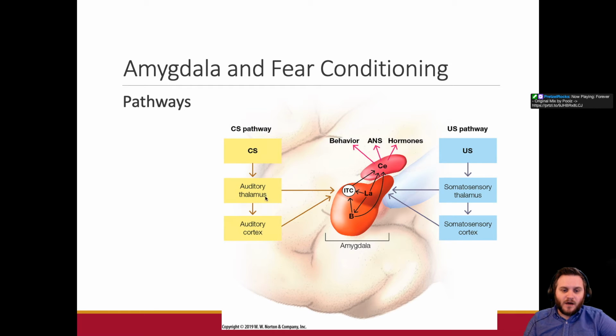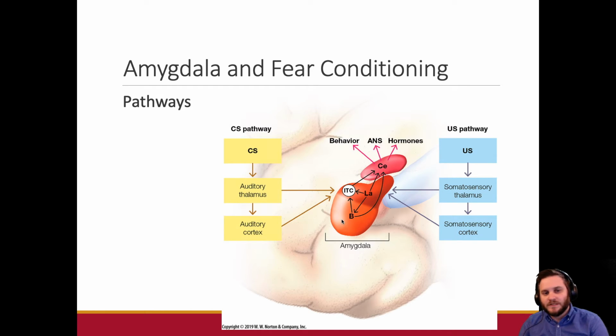And so we are going to then see that this travels through the auditory stimulus. So if you hear a bzzz going around, you're like, what was that? That goes into a little thing called the ITC. This is short for intercalated cells. Intercalated cells connect the auditory cortex with the basolateral and lateral parts of the amygdala, which then send